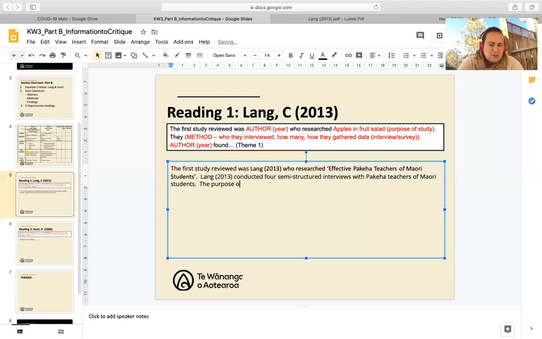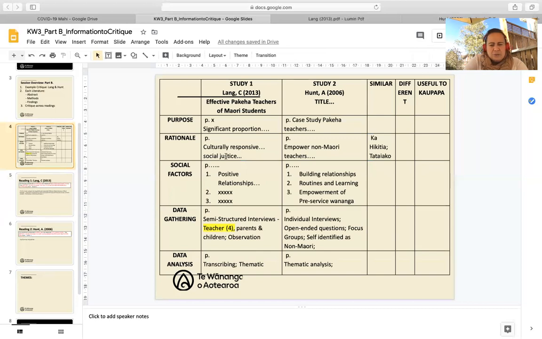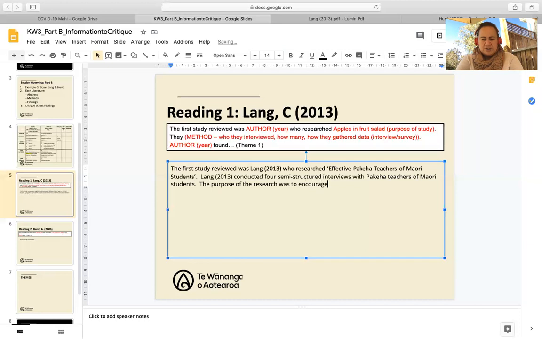The purpose of the research was to, again, we go back here. I'm just going to, again, encourage culturally responsive teaching as a form of social justice in education or in the classroom. So again, you really need to edit, re-edit, think about what you're trying to say here. Yeah, Lang